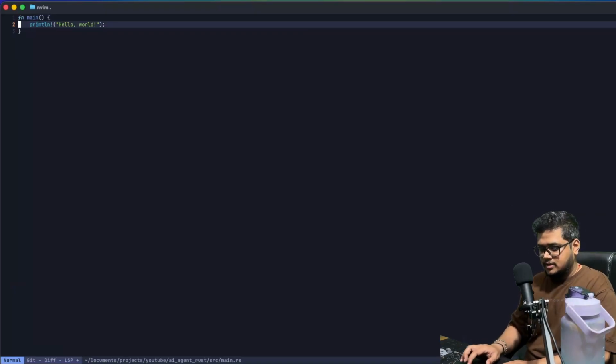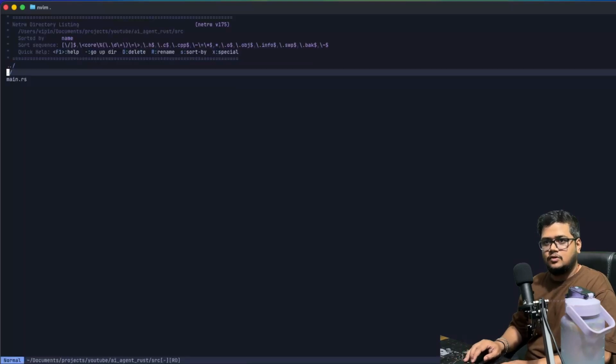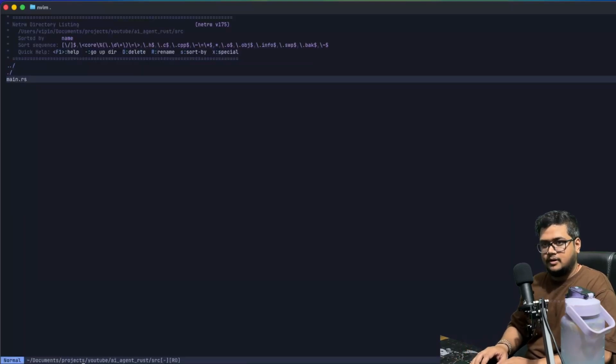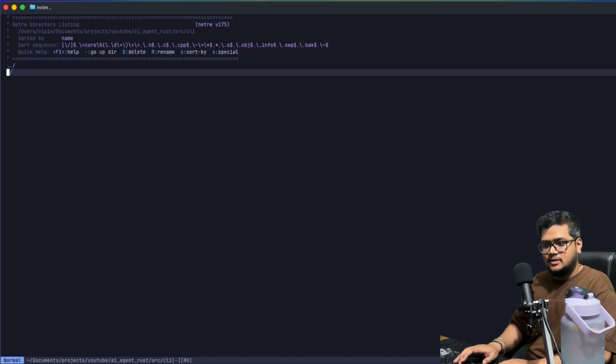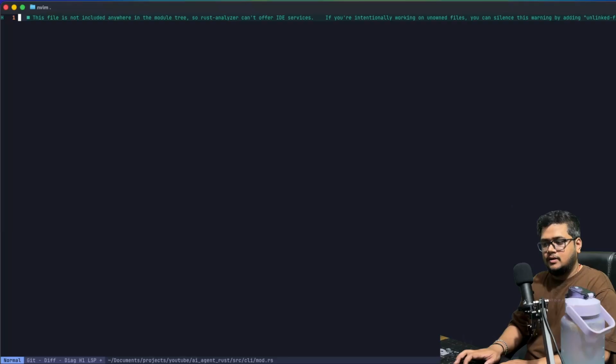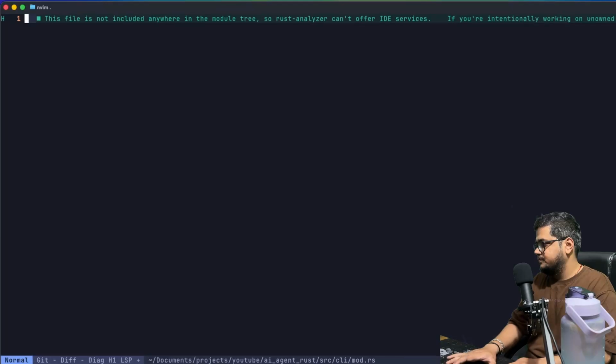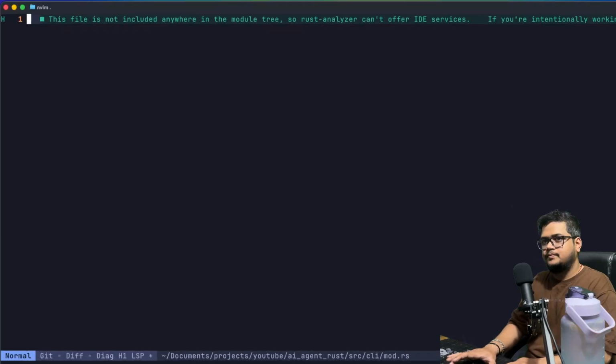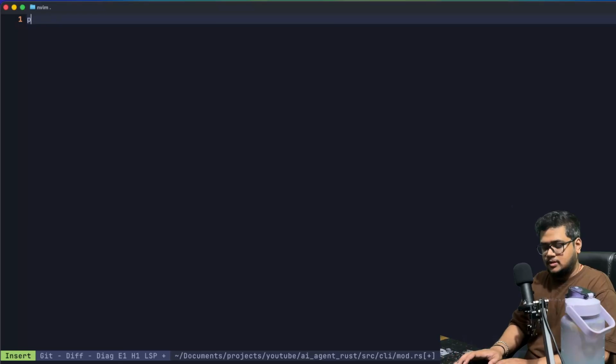Let's start this thing. So let's first of all, we create a folder over here called CLI. Inside this directory, we are going to create a mode.rs file. I hope this is visible, right? Let me just increase the fonts. Let's add